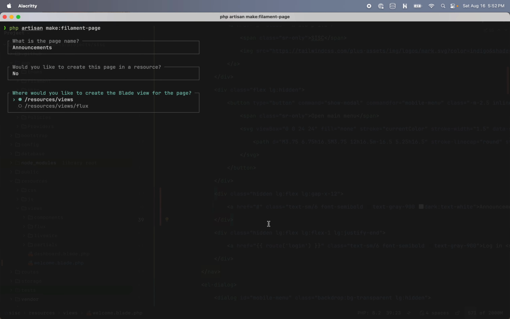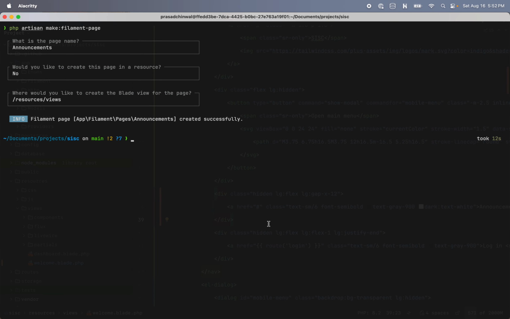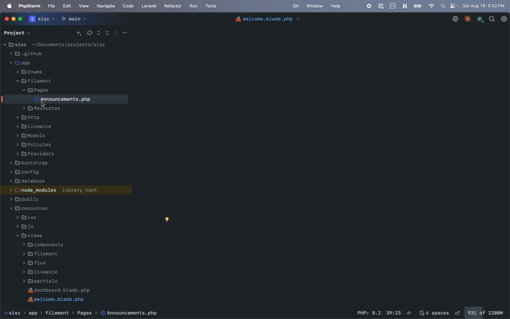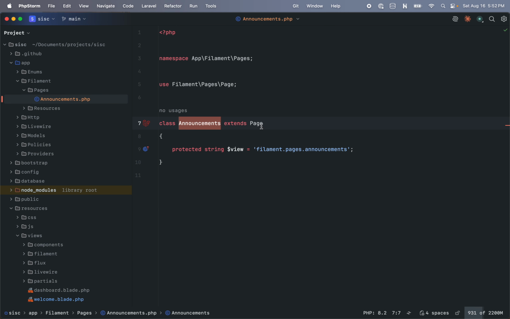Now we'll create the resources views. Okay, so it looks like this is created under Filament pages announcements. There is another way we could do this. We could create a Livewire page and then hook it up to display the announcements. And we should have probably done that, but let's play around with this idea and see where it takes us. So first things first, this is going to be an authenticated page,